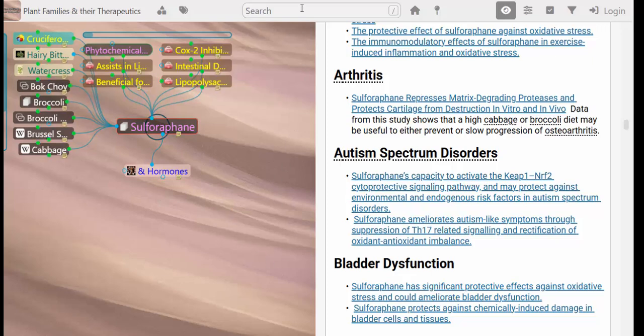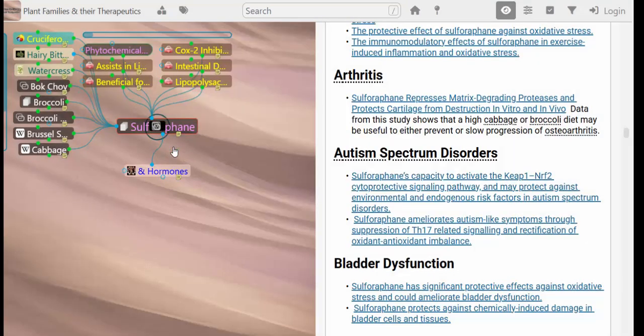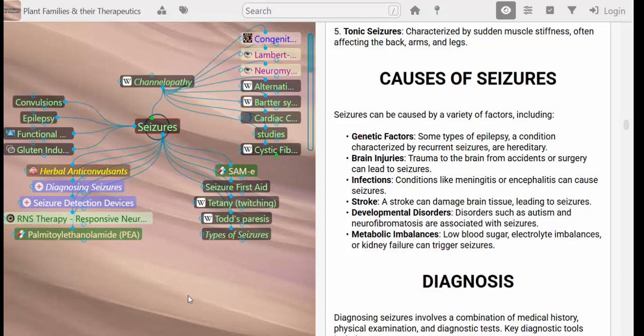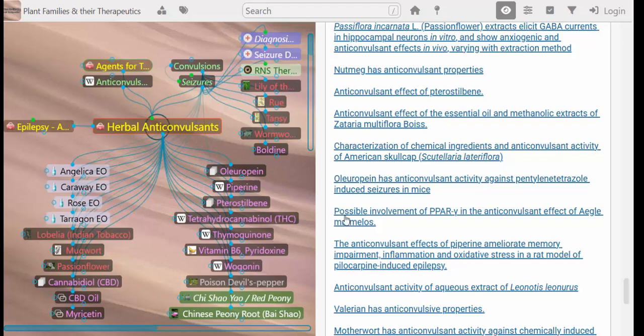All right, now we want to go back to seizures, and one way to do that is to click on the search bar to get a history of where you've been, and I'm going to go back now here, and we are going to go over to Herbal anticonvulsants and get started on what can we do naturally to help